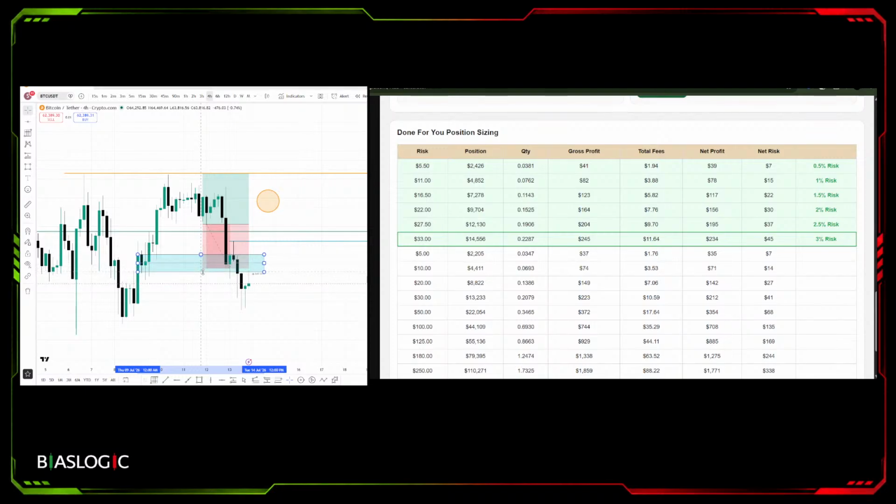Then if you consider a full wick candle that just tapped it, and the next candle opened by the buyers, you know what retail traders do? They'll keep the stop loss here by assuming that the price would go up. This is exactly what the big players need, right? Because a retail trader enters the position here,